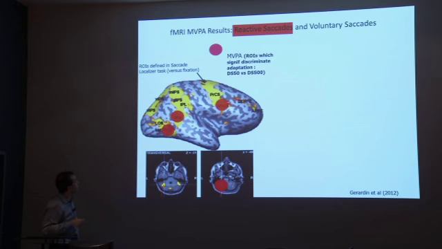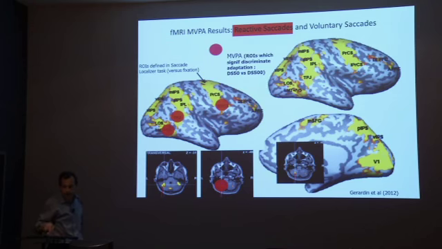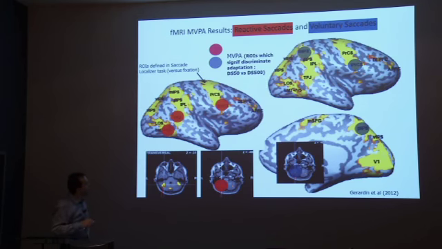For reactive saccades, we found a pretty small number of regions of interest, 4 actually: 1 in the cerebellum and 3 in the cerebral cortex, 1 in the frontal cortex, 1 in the TPJ area and 1 in the MT area. For voluntary saccades, in contrast, we found different areas. We also found the cerebellum and the frontal area, but in the posterior part of the brain, instead of TPJ and MT, we had 2 regions in the intraparietal sulcus.